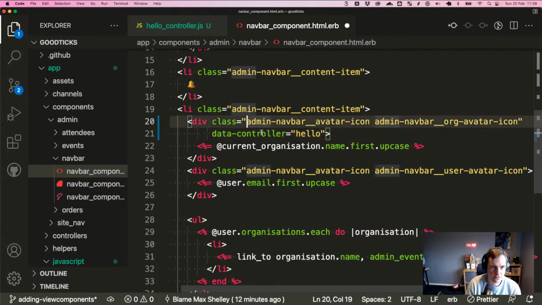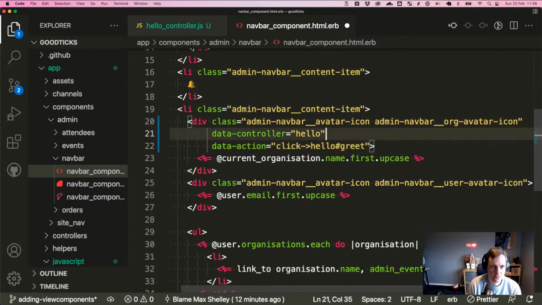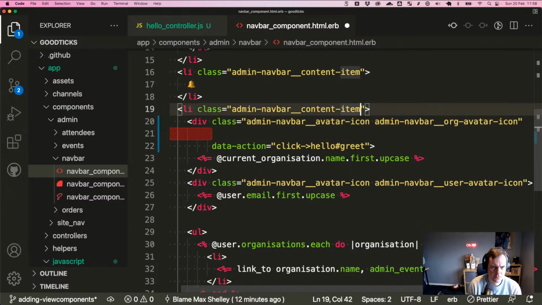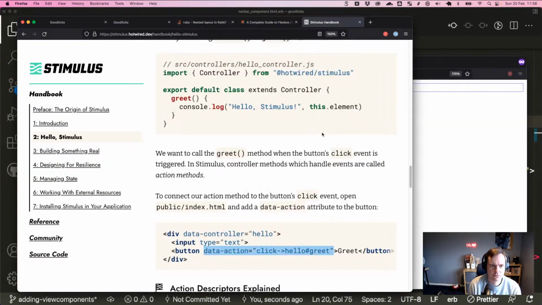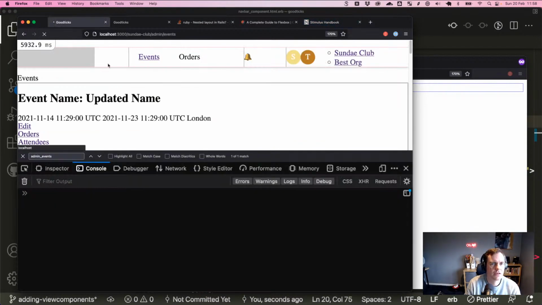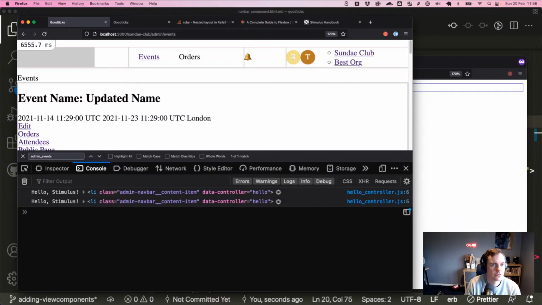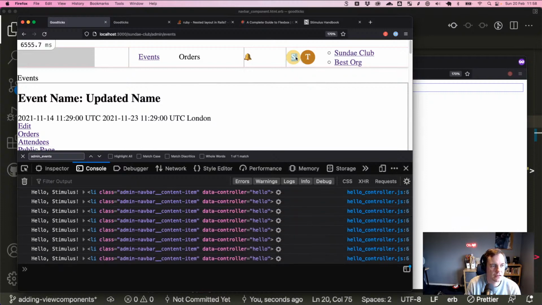Oh, no, okay, I think that's the wrong way around. I think this is the one we want here. And I guess it doesn't matter where that lives, right? Just on the parent. Let's see if that now works. And so we should be able to click on this letter and see something in the console. Yep, okay, great. So we get hello stimulus appearing when you click